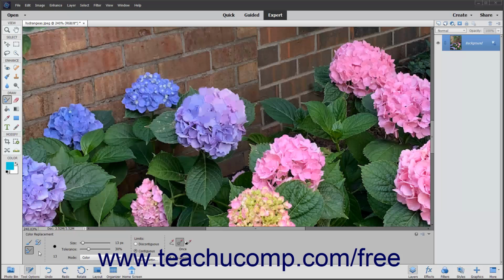www.teachucomp.com/free. The color replacement tool replaces an original color in an image with the foreground color. It also provides an artistic advantage in that it preserves all the tones in the image. You can change the sampling methods, limits, and tolerance settings to control the range of colors that Elements changes in